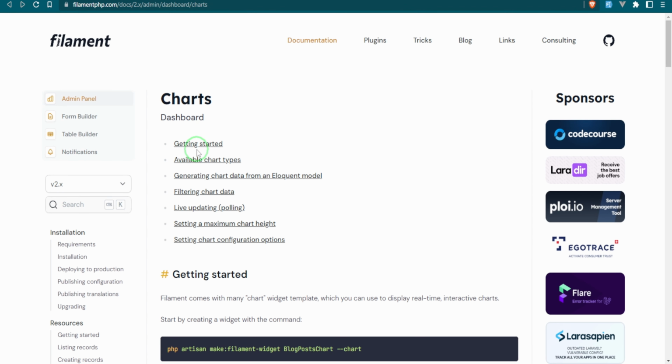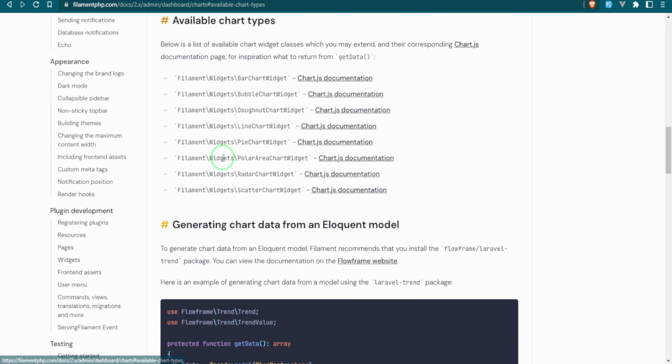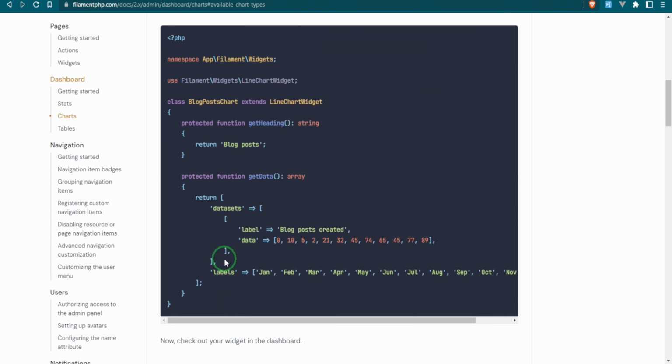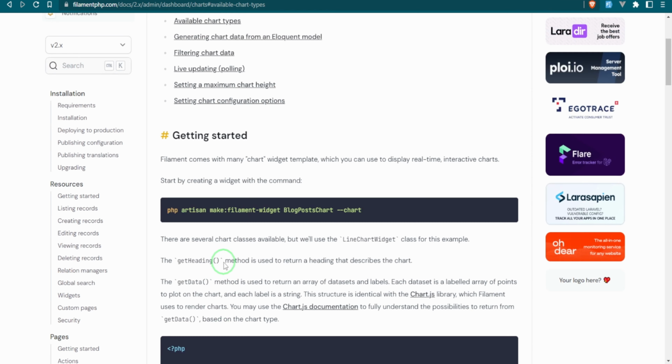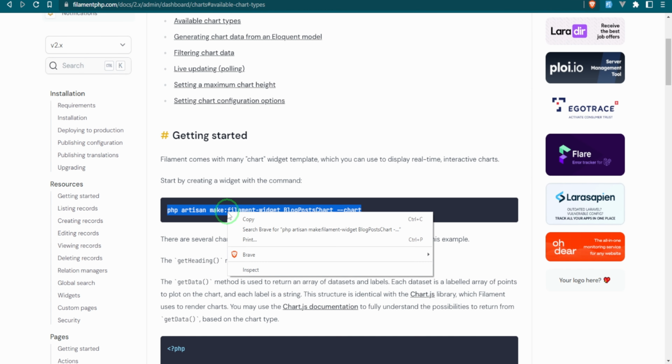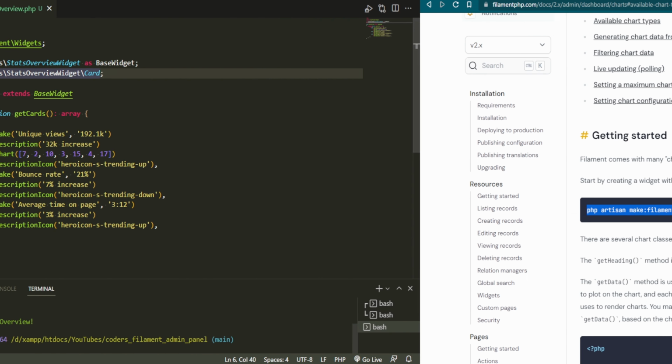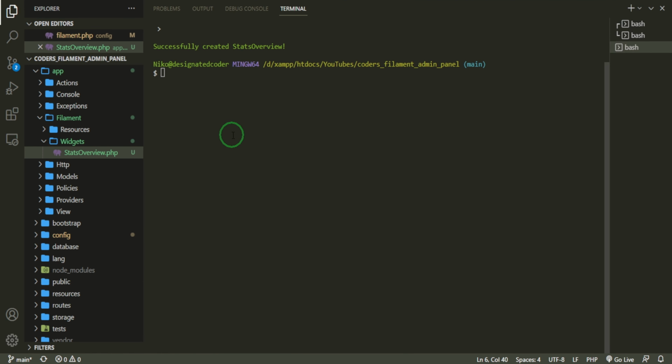What I want to do is create a chart, but I want to do a very specific chart. And this one I want to do is the bar chart widget. So let's go ahead and bring it in, and then we'll adjust it accordingly. Now, this is the command that I want to use, but I do want to change the name of it. So for right now we'll paste that in, and instead of blog posts chart, I'm going to do